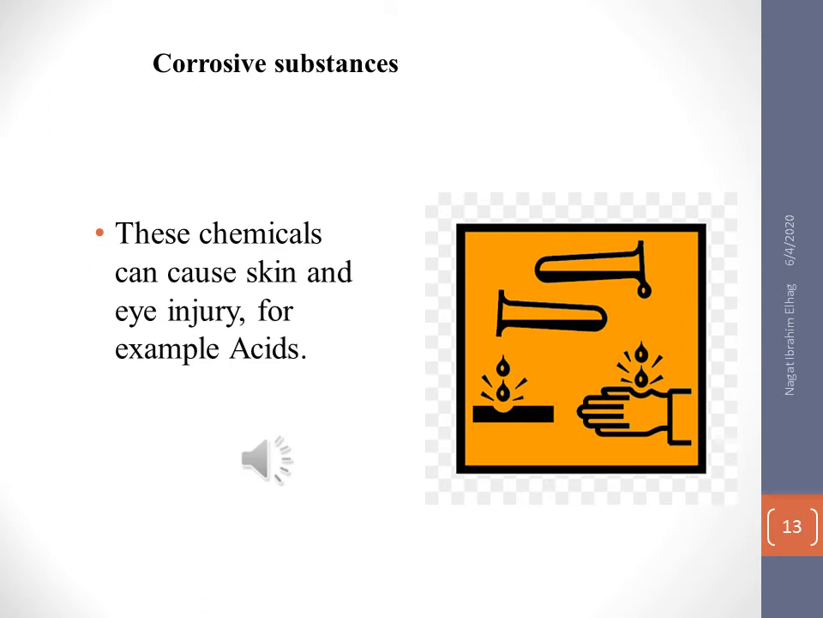Corrosive substances are also a source of hazards in the chemical lab, so you have to deal with care when you are working, because those substances are very harmful to your eyes and to your skin. So you have to read the points of the SDS, the safety data sheet, carefully, to know what precautions